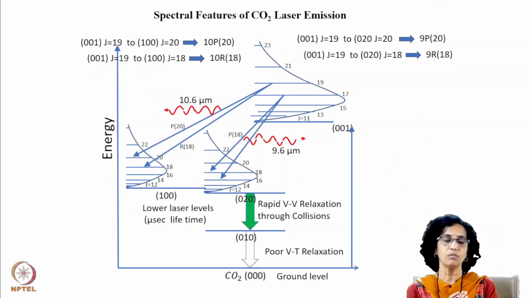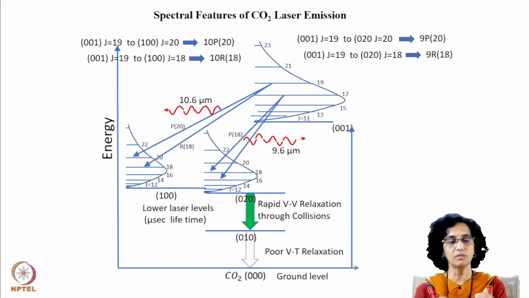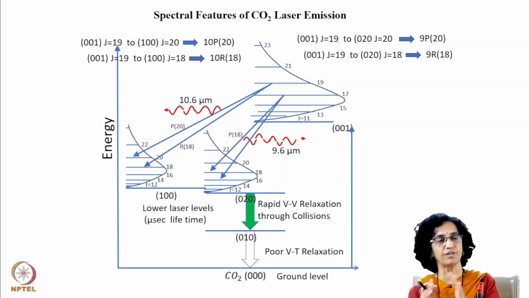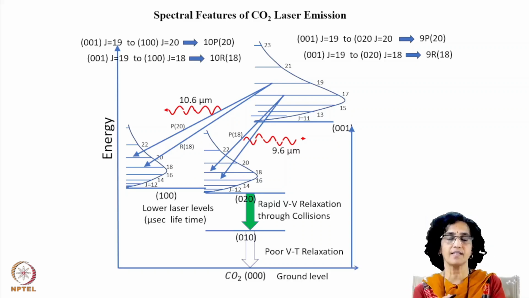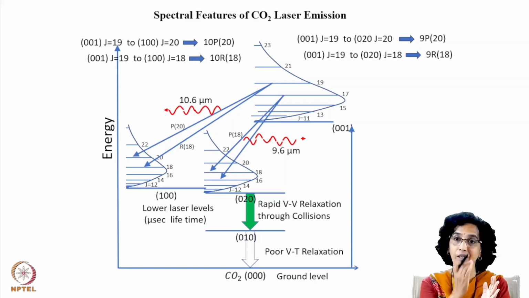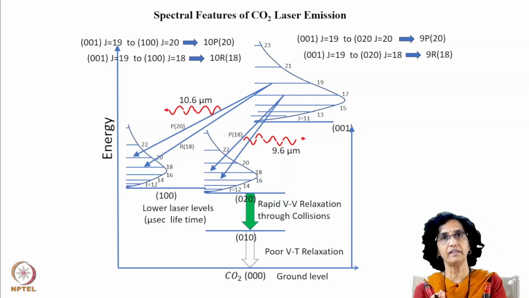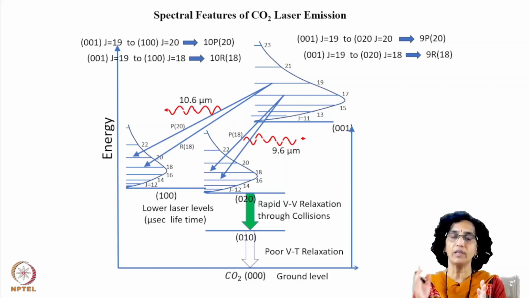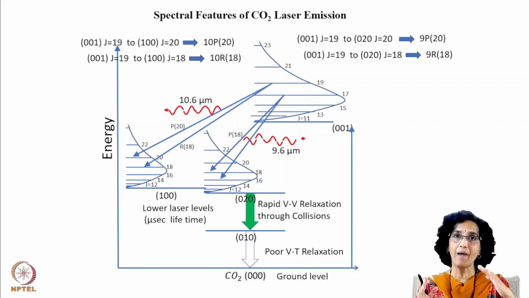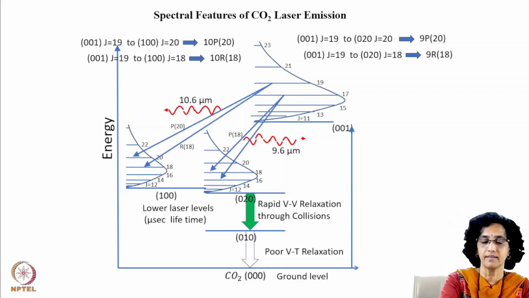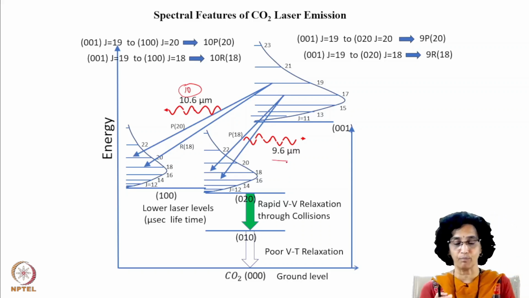So now we know that the CO2 laser can be operated in pulsed mode, CW mode, low pressure, high pressure. We also saw that it is capable of being tuned, although discretely, generally in the 9 to 11 micron region. This we have repeated many number of times. And there are two bands which are possible. One is the 10 micron and the other is the 9 micron band.